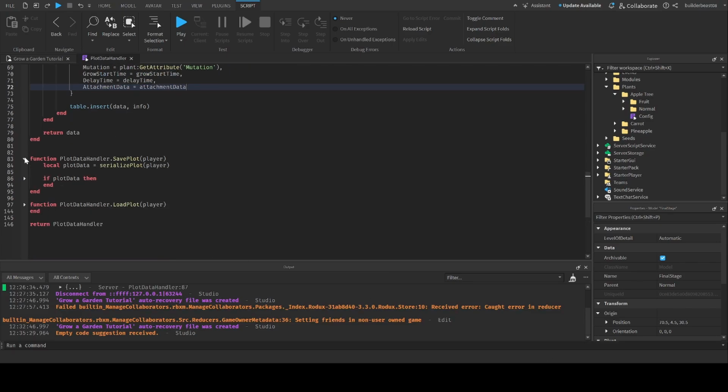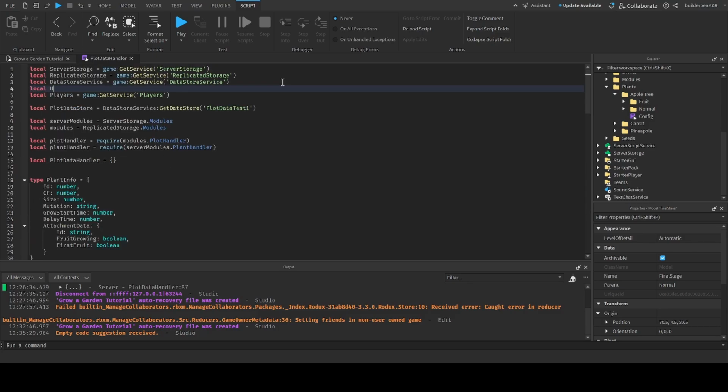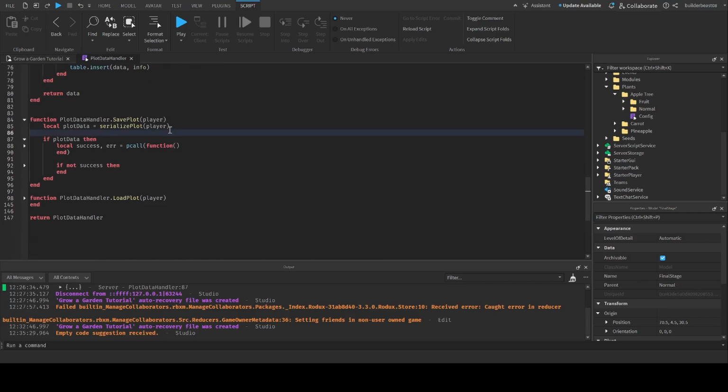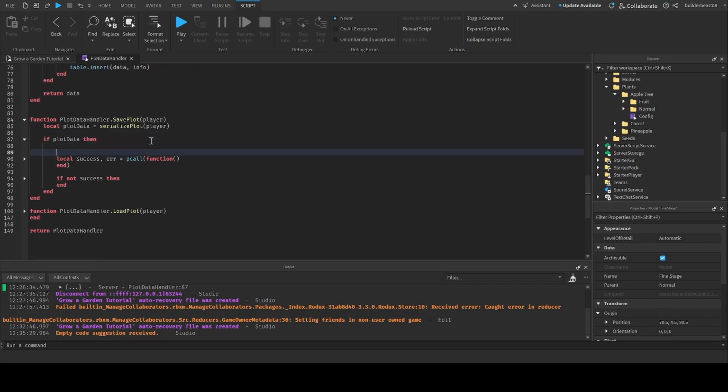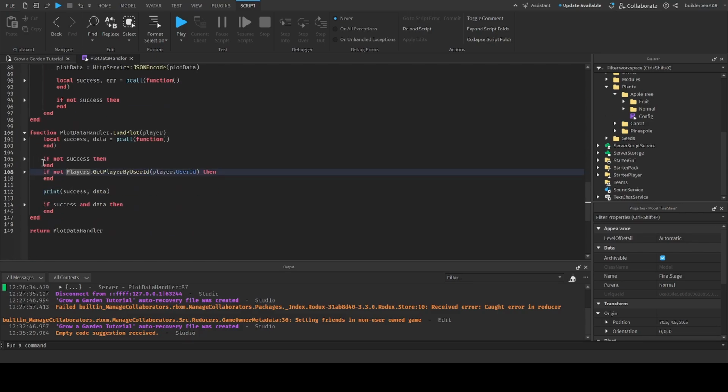We're gonna do another thing inside of here. Local HTTPService equals game:GetService("HttpService"). And then plotData equals HTTPService:JSONEncode(plotData). Then in the load plot function, we're going to have a few things change, but first